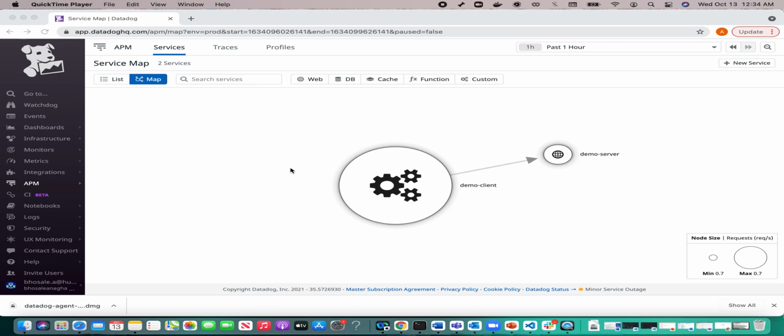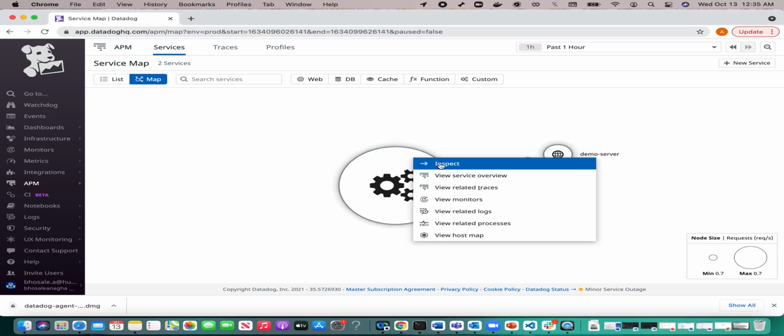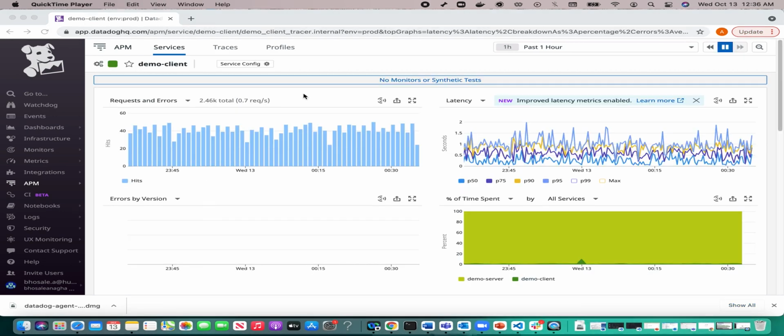It will be color coded eventually, but since we are facing a learning curve, we could not implement that. So it will show the service as green if the services are working fine and red otherwise. Let's say our client service is facing issues. We can inspect the service. We get to see the dashboard where we can see